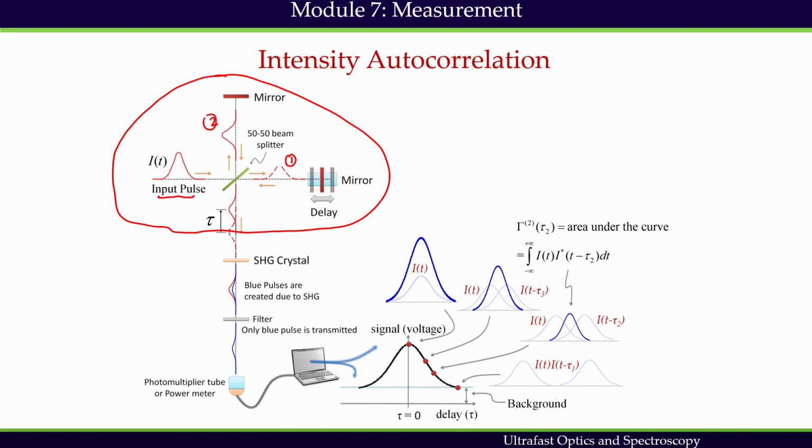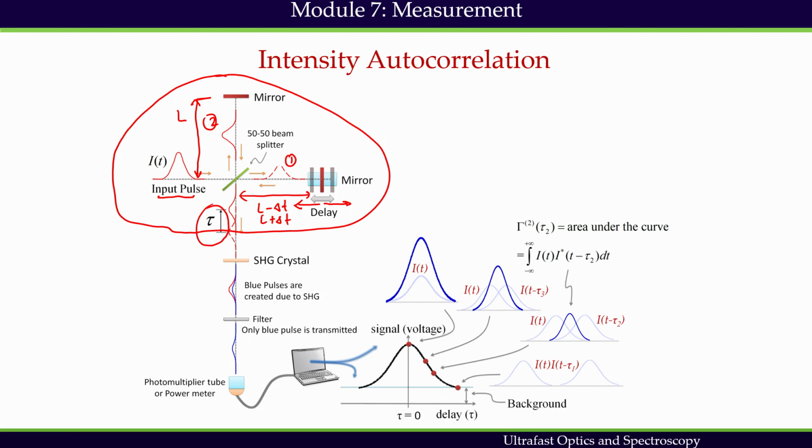And then we place this mirror on a motorized stage. That's why mirror can be taken backward or forward, and depending on where they are, depending on if this length is L and if this length is L minus delta L or L plus delta L, we introduce the delay between two pulses, and this delay is represented by tau.